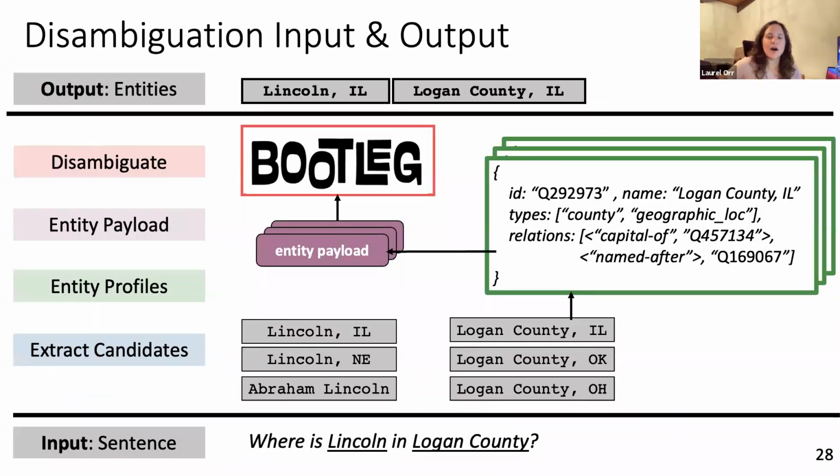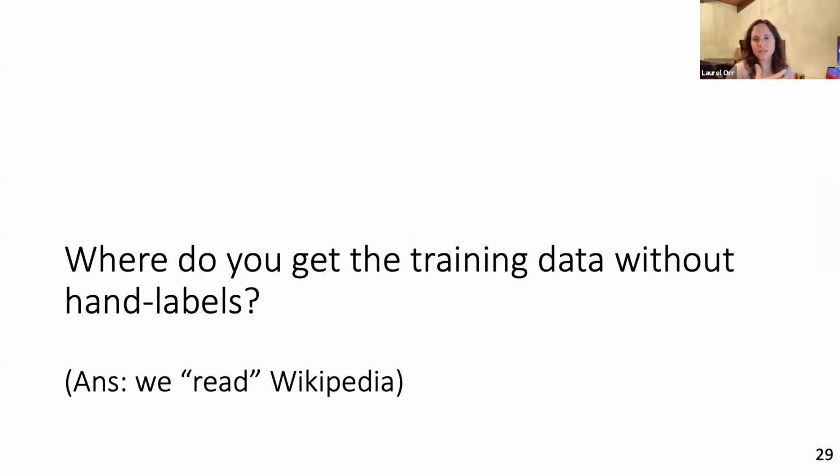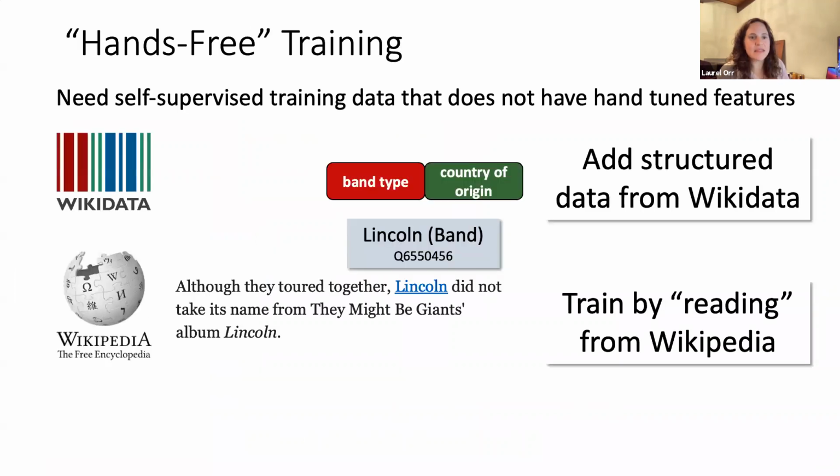Okay, so we just saw how to generate our payload information and our neural model, and now I'm going to cover a question that I hinted at earlier, which is how do you actually train these models in a self-supervised fashion? And the answer, which is somewhat standard for entity disambiguation systems but still a very important point to highlight, is that we're going to do it simply by, in quote marks, reading Wikipedia. The important part here is that I'm really trying to motivate that we're able to use self-supervised methods for training this model that do not require any hand-labeled data.